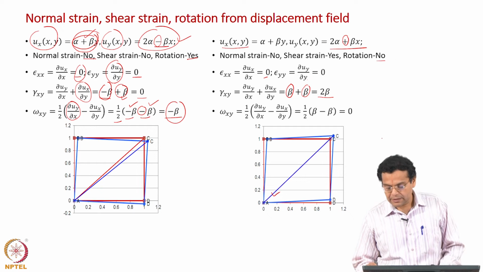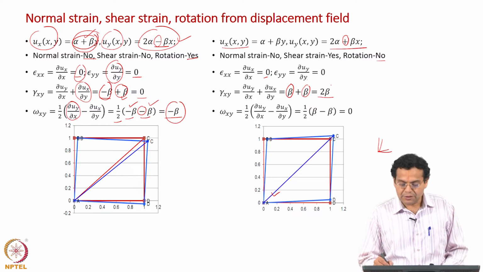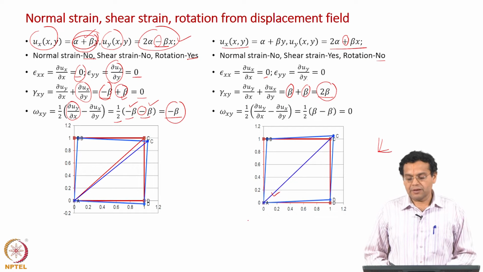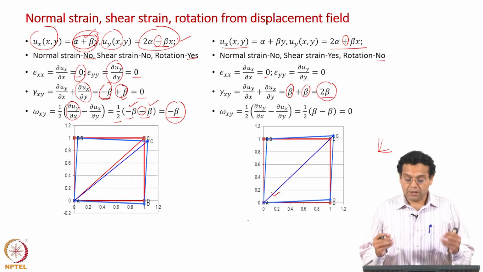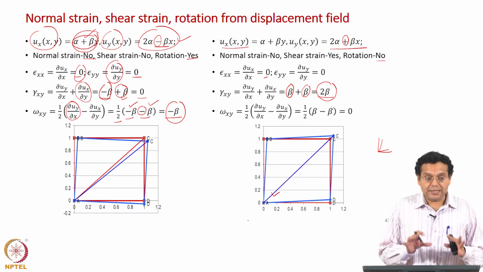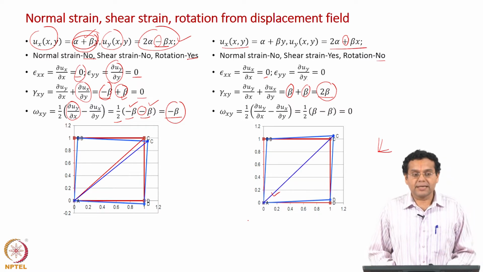Earlier we had right angles to each other, and it has become an acute angle, and it should result in a positive shear strain, and we have got that as 2 beta. Let us say beta is 0.05, we have got that as positive. So, whatever qualitatively you have seen based on the displacements have now been related to displacement gradients, and we have evaluated them quantitatively.